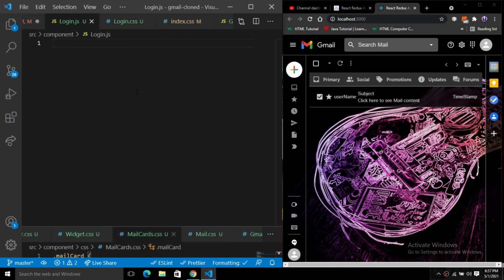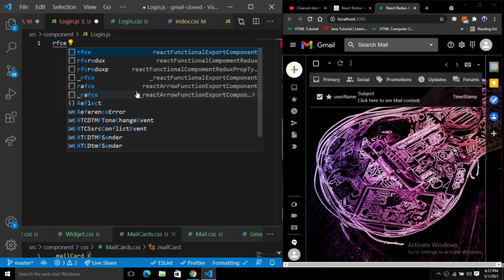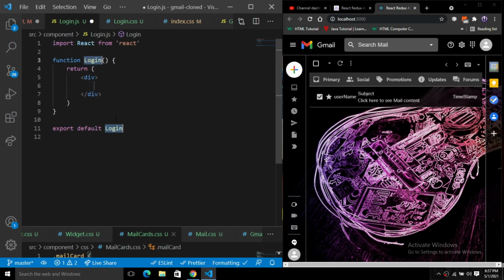How will we do this? It is very easy: rfce, and we'll have a boilerplate React functional export component, and here we have this Login statement. Fine. Inside of this Login we just pass a className, give it login here, and simply pass an h1 tag inside, just for testing purposes.